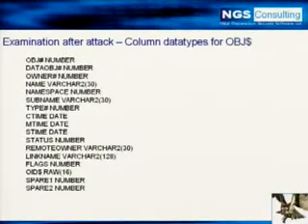Now, knowing the way the obj columns are laid out, the first column is obj hash, which is the number, then the data obj number, the owner is next, and then the name of the object, and so on. So,